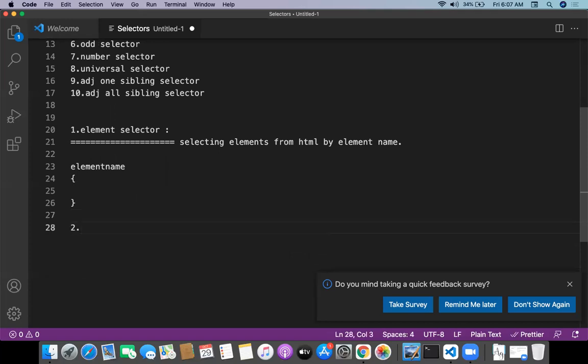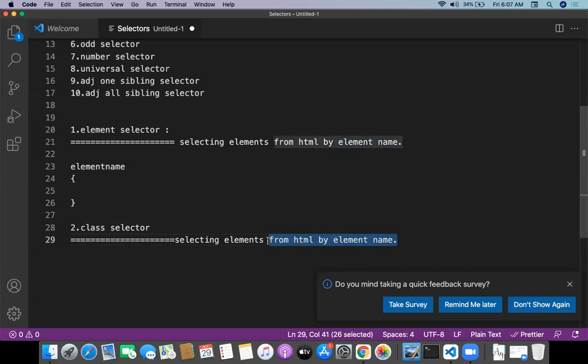Next, the class selector. Class selector, it's very simple. Selecting elements using the class name.